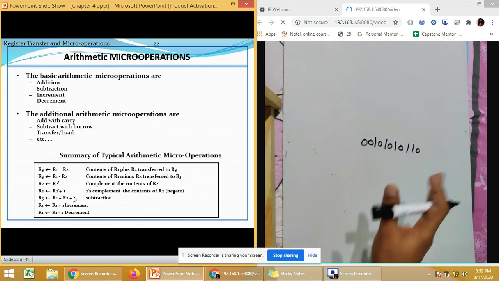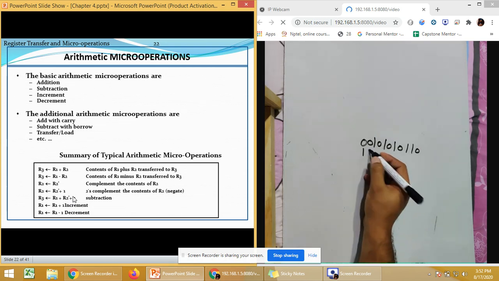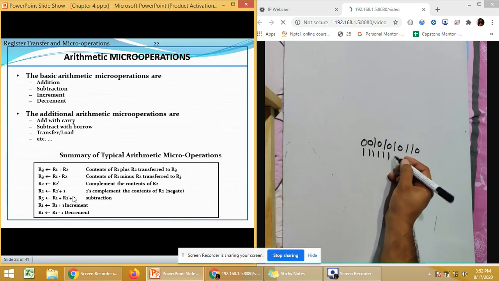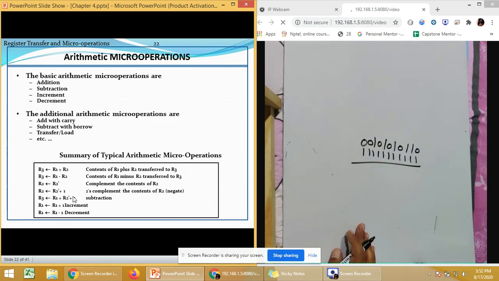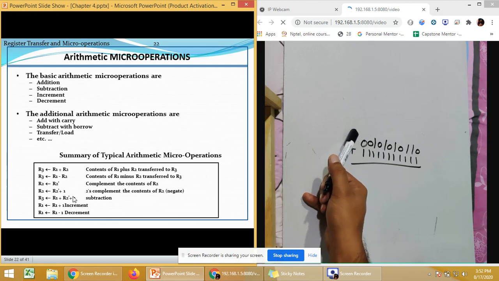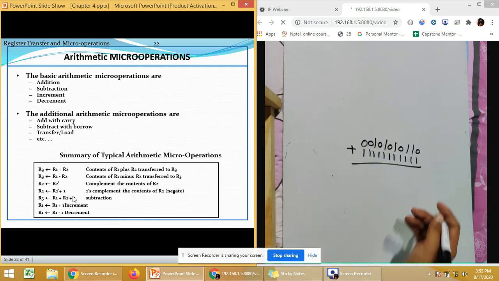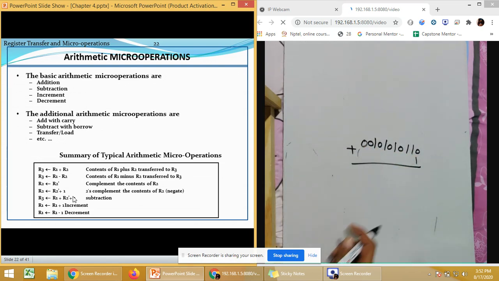If I want to decrement this number by 1, we simply add all ones with it. It will give you a value which is 1 less than the actual value we have at this place. This will perform a decrement by 1, whereas if you add a single 1 at the starting, this will perform an increment by 1.